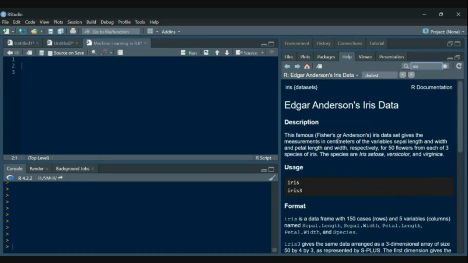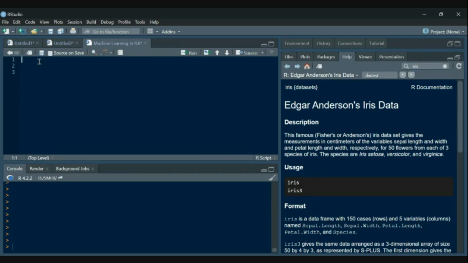This is the data set which gives the measurements in centimeters of the variables sepal length and width and petal length and width respectively for 50 flowers from each of the three species of iris. These are divided into three different species: Setosa, versicolor, virginica. So this data we will be using.